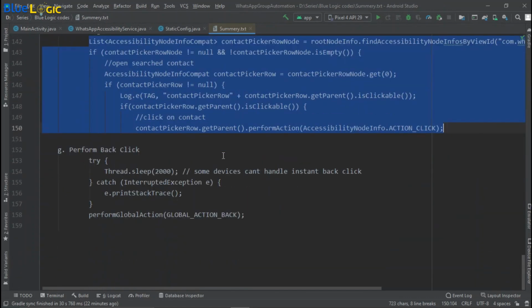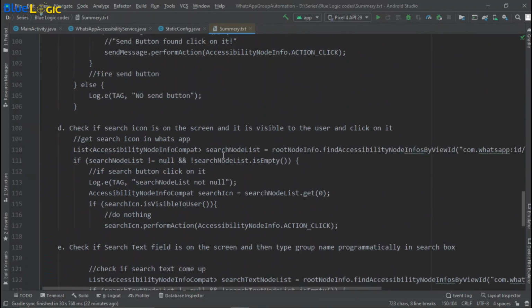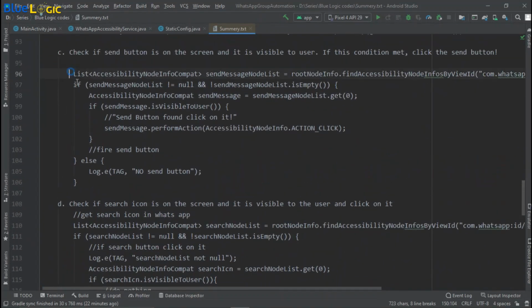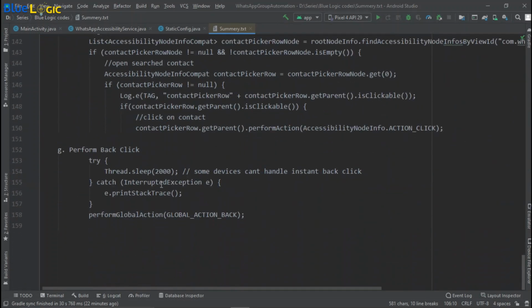After clicking on this, our logic that we have written above, this one, click on the send button, and obviously our message will get automatically sent on that group. So this is the way we can send messages automatically, or let's say programmatically, on a WhatsApp group.